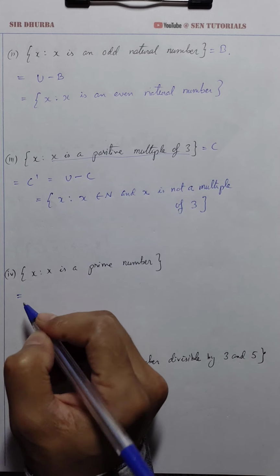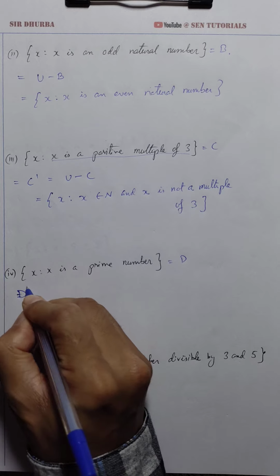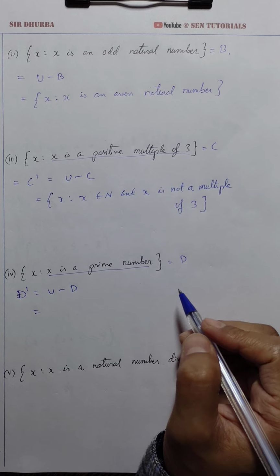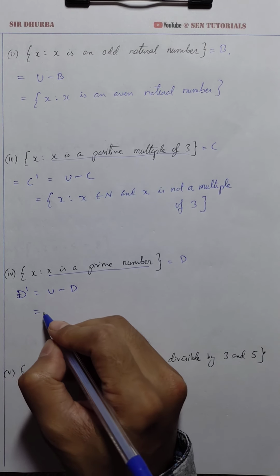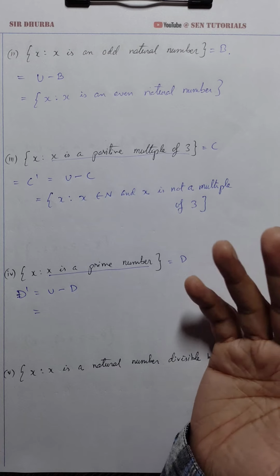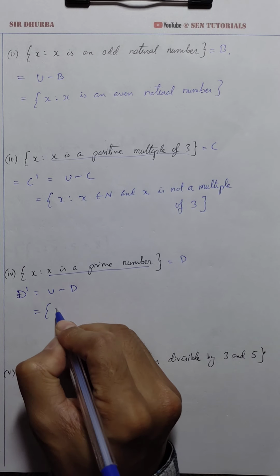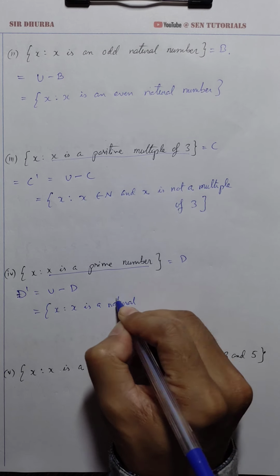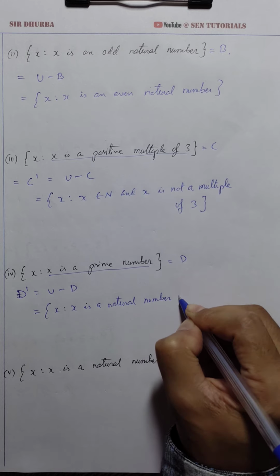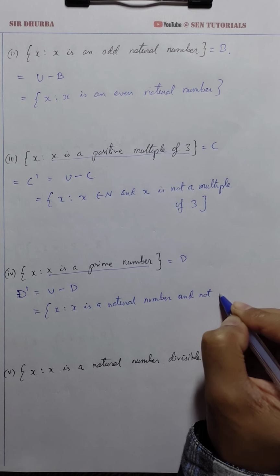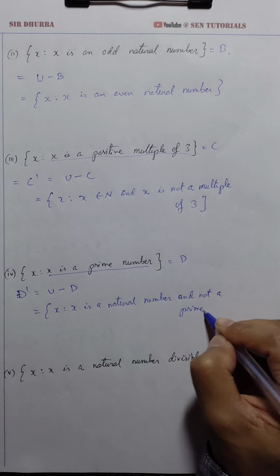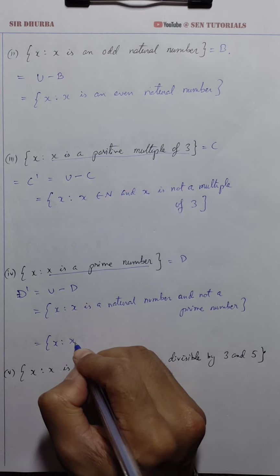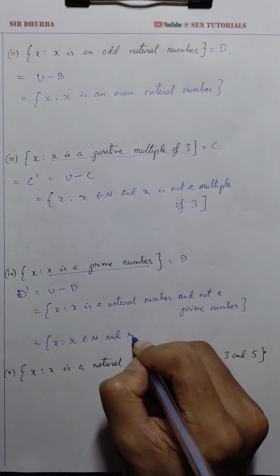Okay. Next one. Let this be our set D. So D complement will be universal set minus the set D. What is our set D? Prime numbers. So the other one will be what? All the numbers which are not prime numbers. So we can write X such that X is a natural number and not a prime number. Or in other words, we can also write X such that X belongs to natural numbers and X is